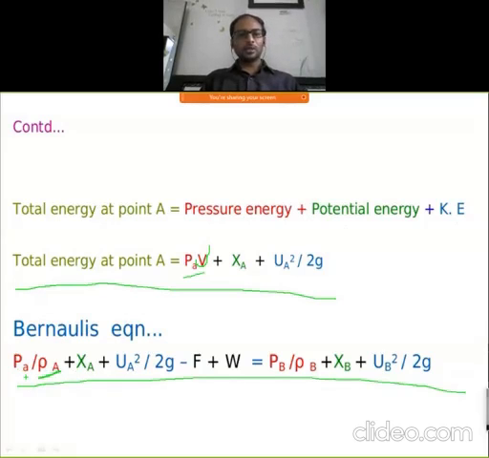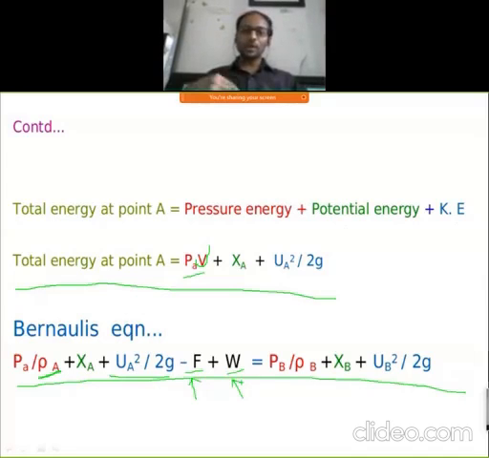This is the pressure energy, plus ZA, which is the potential energy, related to the height of that point. Then this is the kinetic energy related to the flow of your fluid from point A to point B. Then there are the terms for external sources. The minus F is due to the losses of your energy, and this plus W is due to what? When liquid moves, we may apply an extra pump, that is, extra energy to the stream.